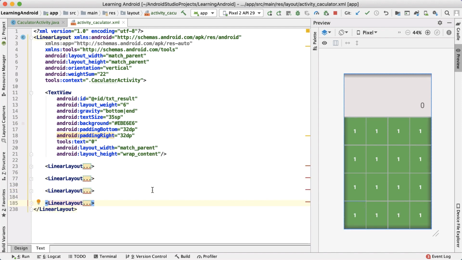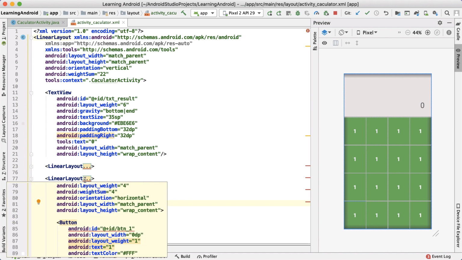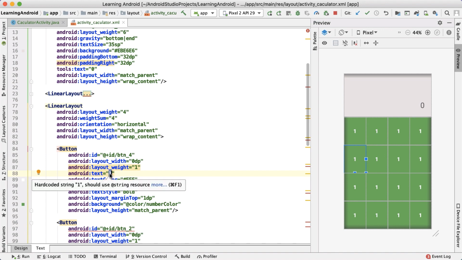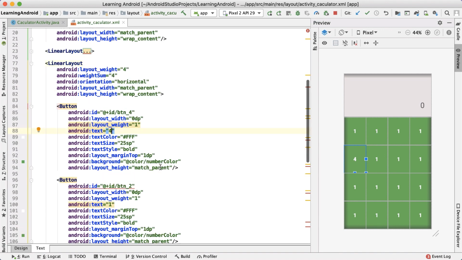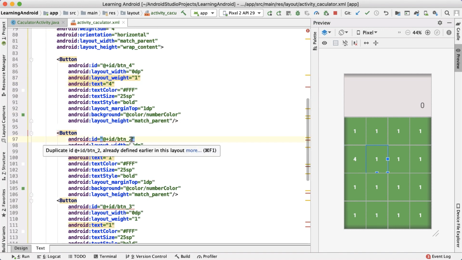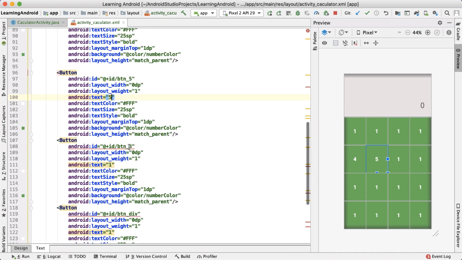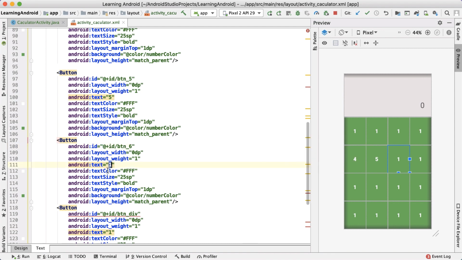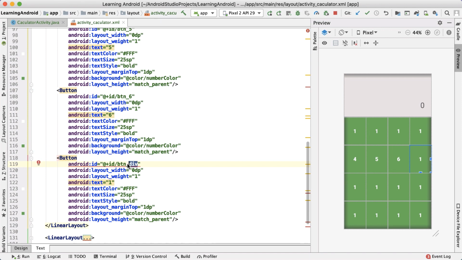And here are our buttons. Let me open this second linear layout, and instead of button 1 here, I'm going to say button 4, and let's change this text as well, so button 4. And here we're going to say button 5, so let's change this text to 5 as well. Then it's going to be button 6, and the text is going to be 6 as well. And this is going to be button minus,